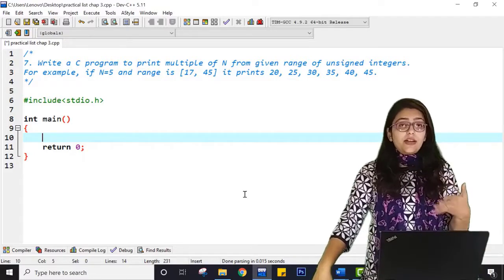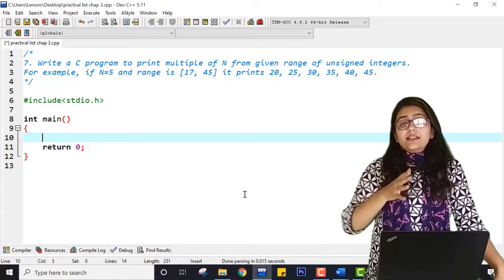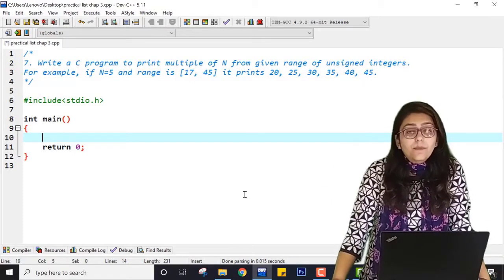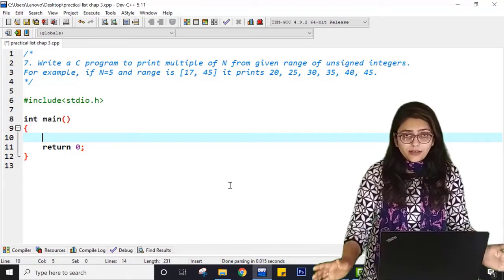These programs are really very basic programs which are needed to understand the advanced level programs of conditional statements and looping statements, right? So I hope you understand this concept.